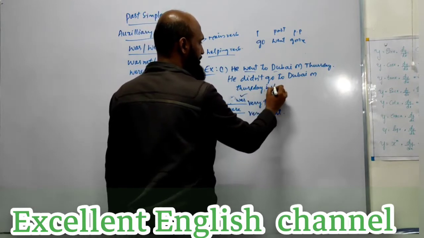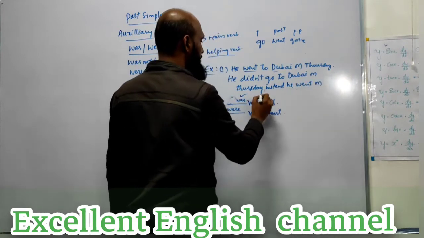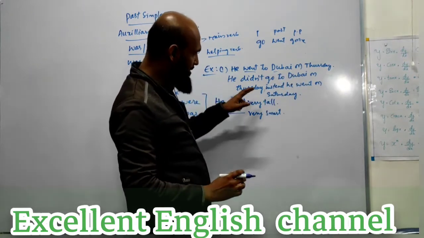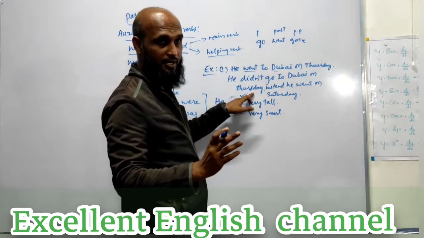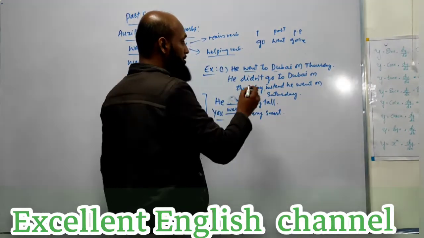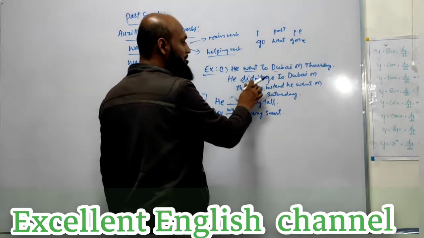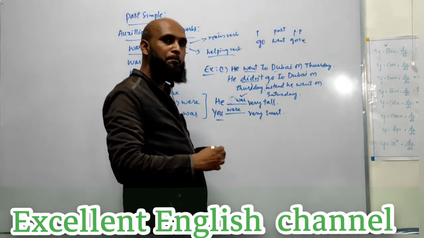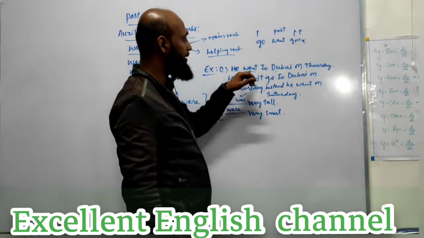Instead, he went on Saturday. If you see the sentence, you are saying that he didn't go to Dubai on Thursday. He didn't go. He went to Dubai on Saturday. So, he didn't go. Whenever you want to talk about any past tense or any past event, and there is a main verb,